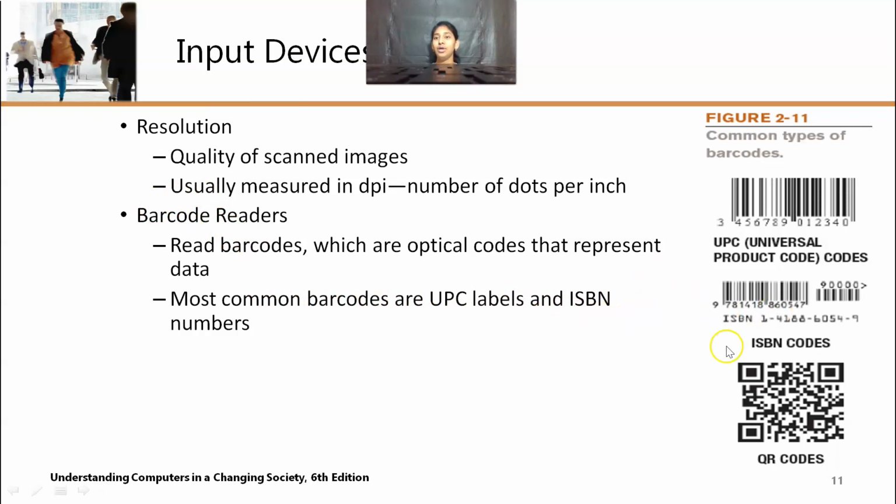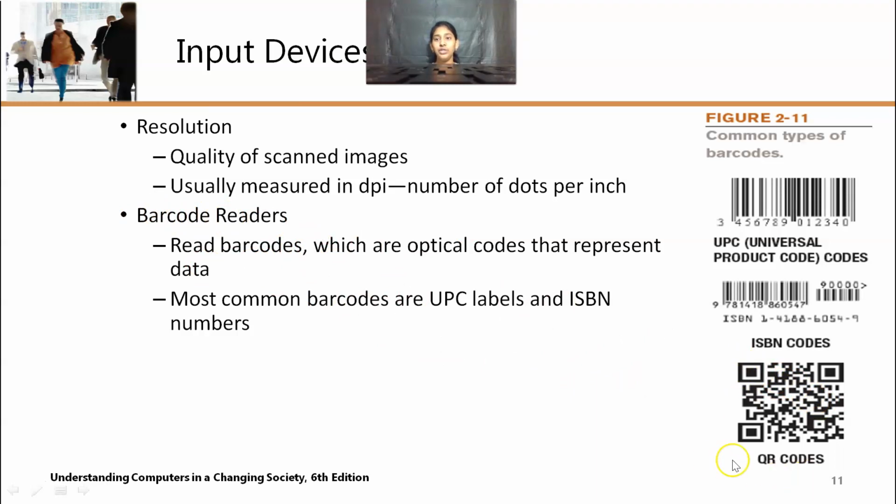And we have ISBN numbers in books, and this is how it looks. ISBN is the International Standard Book Number. It is the unique number given to that book. So you can scan the book's ISBN number using barcode scanners. And we have two-dimensional barcodes.